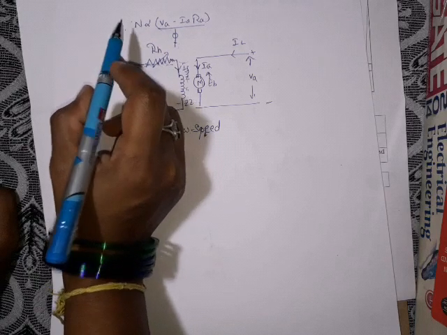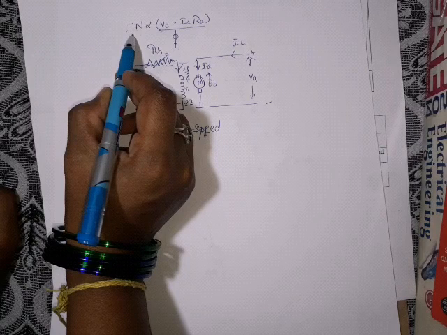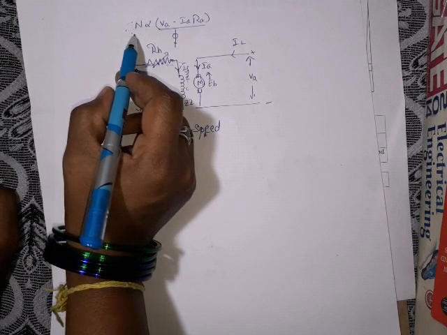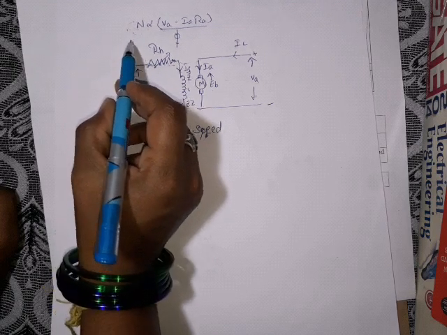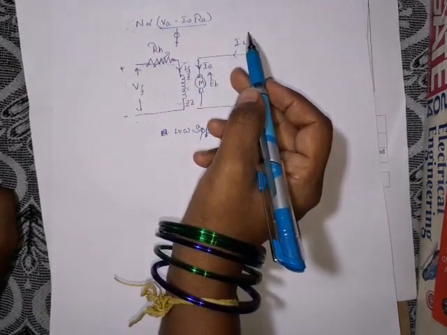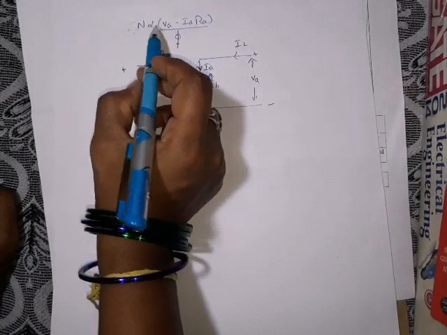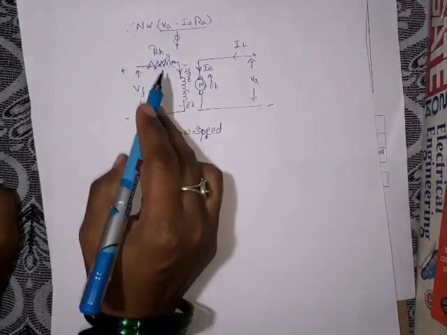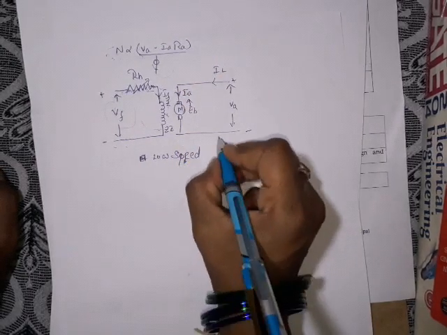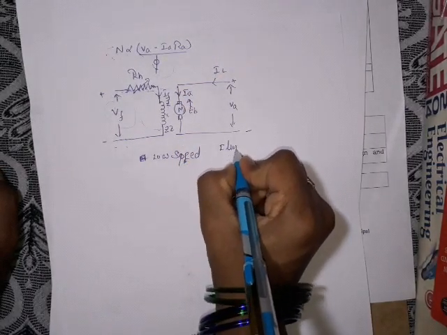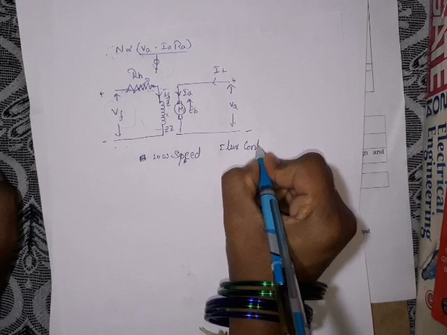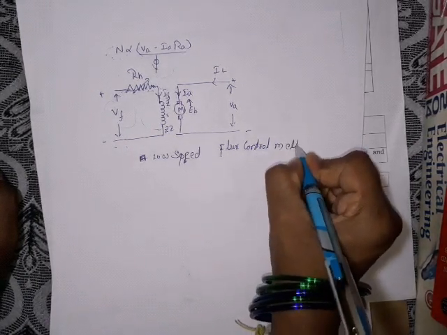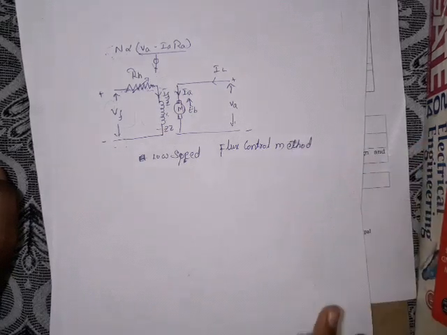So by this method, we can set the speed to any value. Initially it might run at 1000 RPM. We can take the machine up to 2000, 3000 RPM by changing the flux. How to change that? This is the method, and this method is called the flux control method. Very simple.